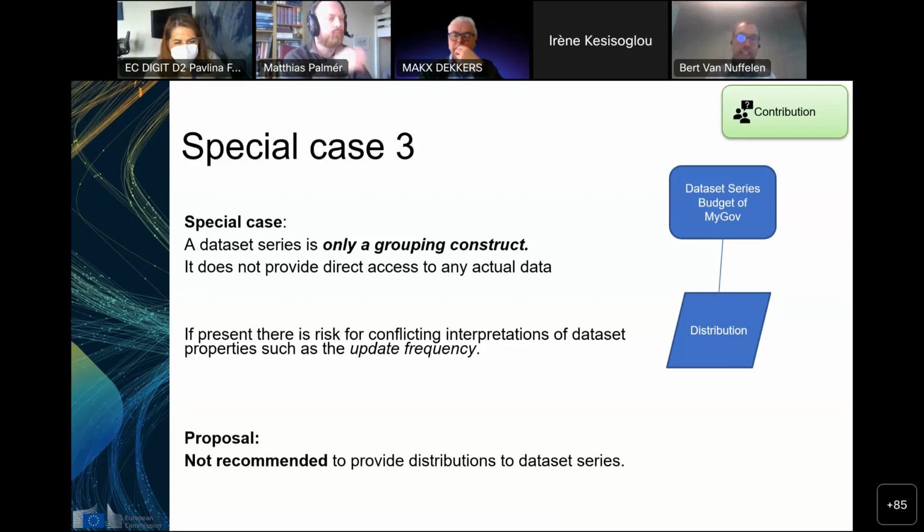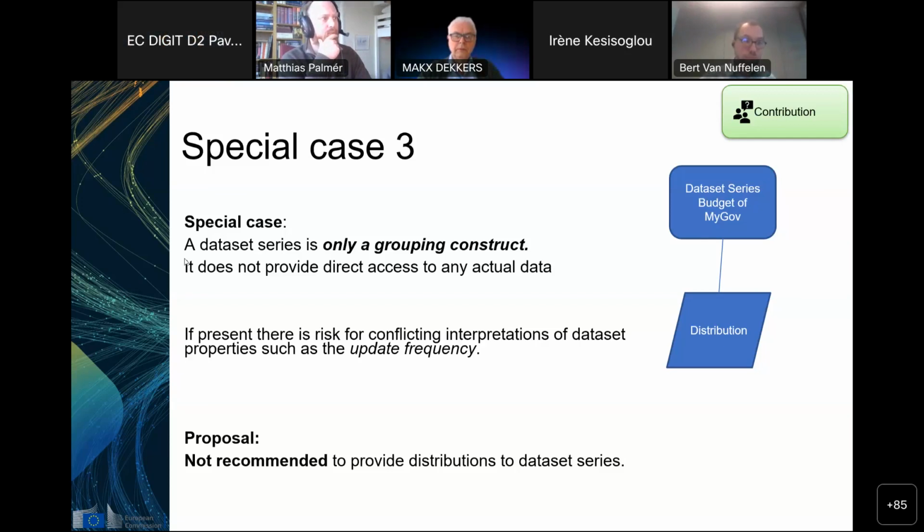Or do we allow it to have distributions associated with it? Then there's a bit of a risk, namely that certain properties have impacts on what you mean, like update frequency. If you say the frequency of the dataset series is yearly, but you have a distribution that you update every time new data is available, then these are in conflict with each other. So it becomes hard to understand what the update frequency is about. That's the reason the current proposal is to consider it only as a grouping